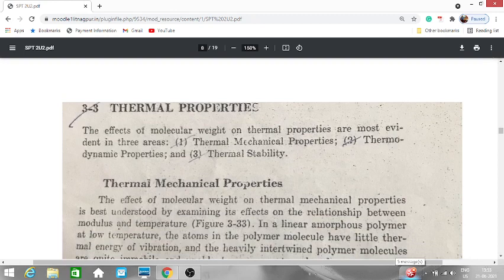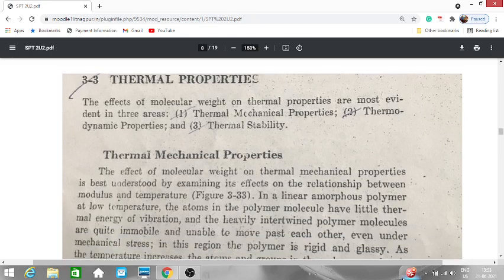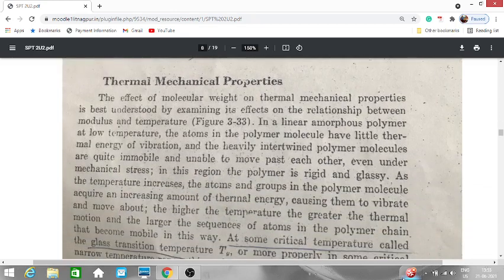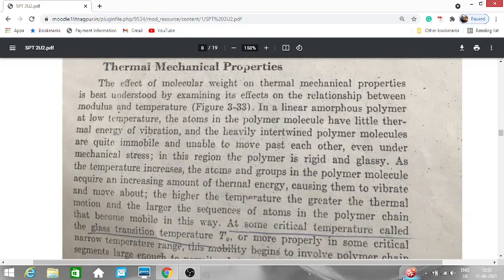Thermal properties. The effects of molecular weight on thermal properties are most evident in three areas: thermal mechanical properties, thermodynamic properties, and thermal stability. So, thermal mechanical properties. The effect of molecular weight on thermal mechanical properties is best understood by examining its effects on the relationship between